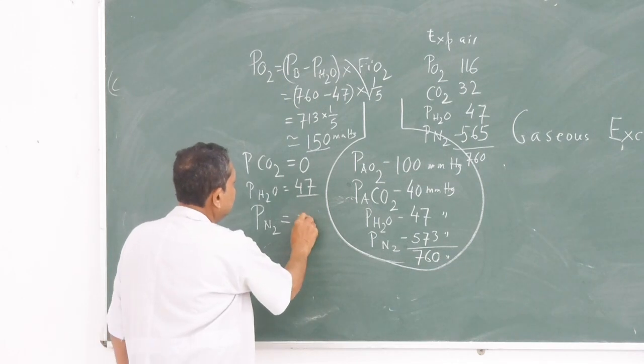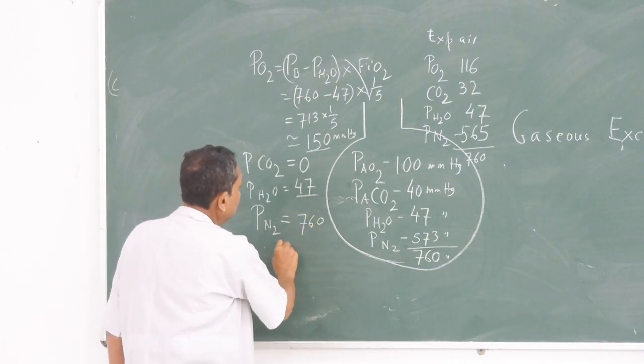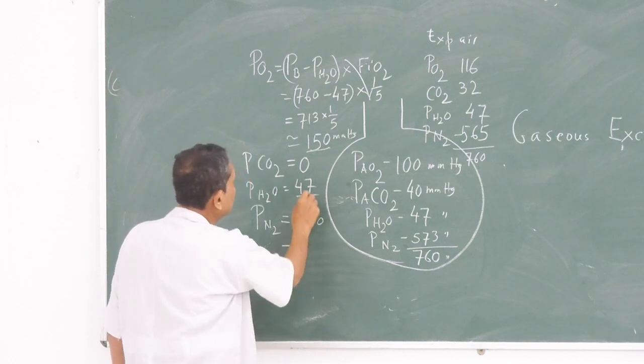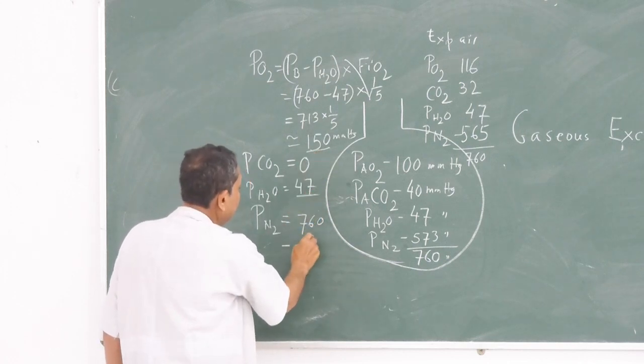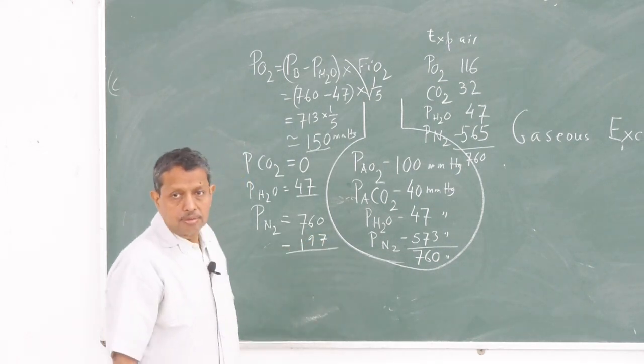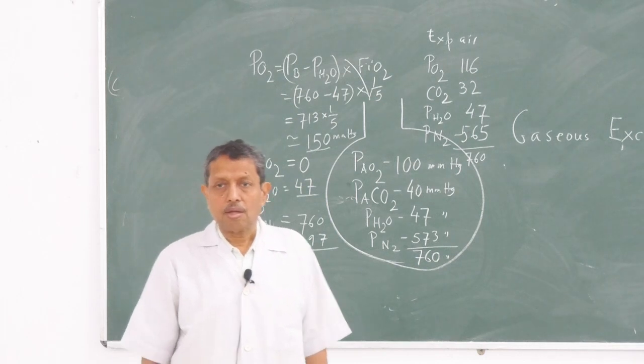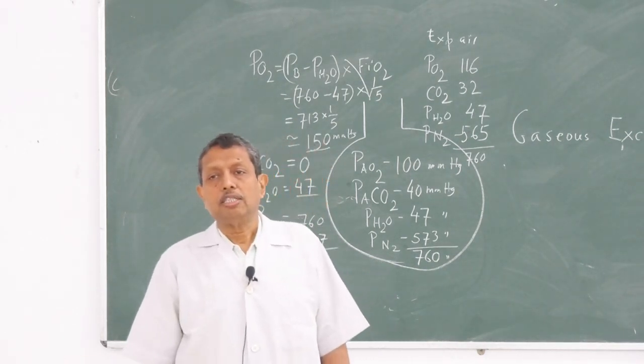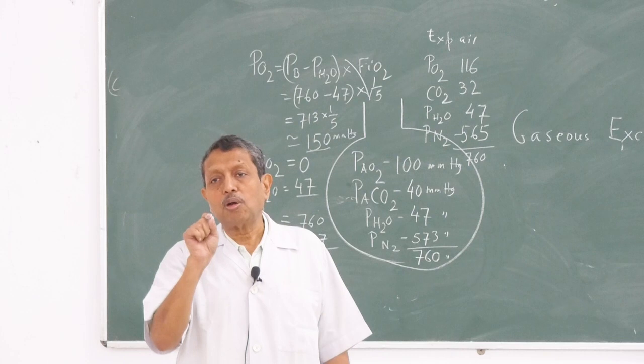That is 760 minus 197. This is the value, you will see for yourselves. There is a just before entering the alveoli,